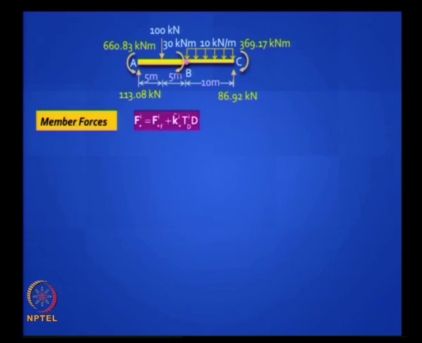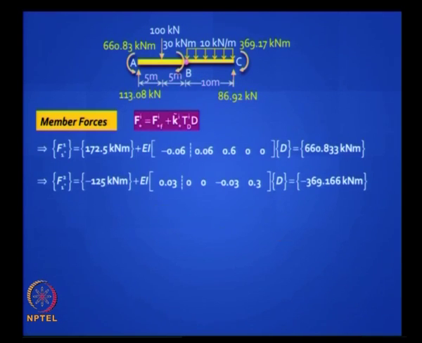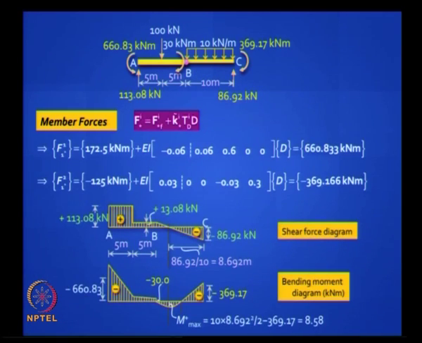So next, member forces, same procedure, same member end forces, same shear force diagram, same bending moment diagram. Is it clear? So we are really doing the same problems by all the methods so that you get a clear idea, and it is an easy check, and the check is even better when we do by flexibility method, which is a completely different approach, and you are getting exactly the same solution.